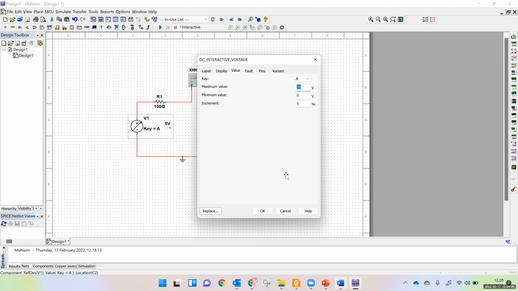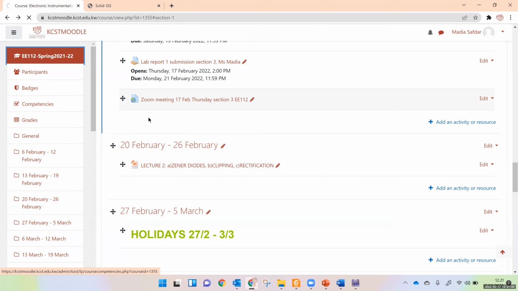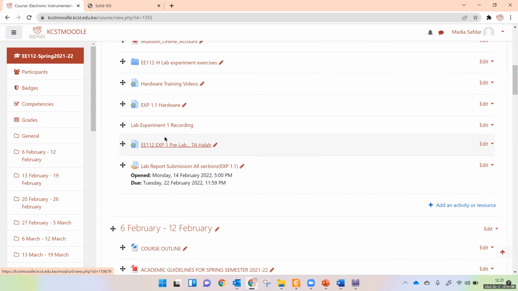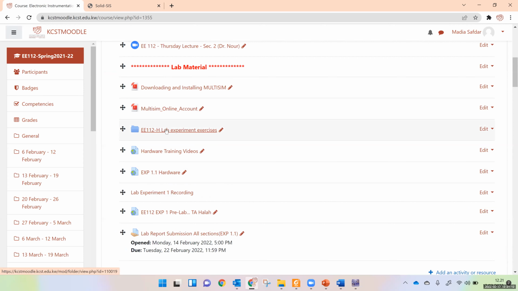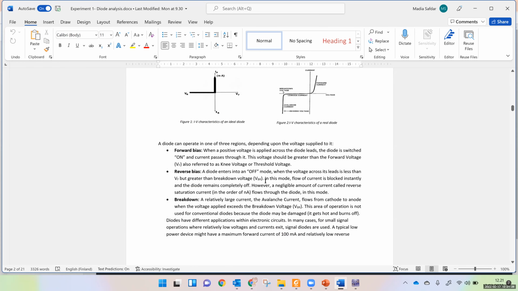So if you go to your lab sheet, do you know where this lab sheet is? If you go here in the Moodle, go to EE112 Spring here. Okay, yes, this one folder, EE112 lab experiment exercises. Here the data sheet is also uploaded, and then experiment 1 is here. The lab slides are also here. So download this one, you will get this. So if you go down,